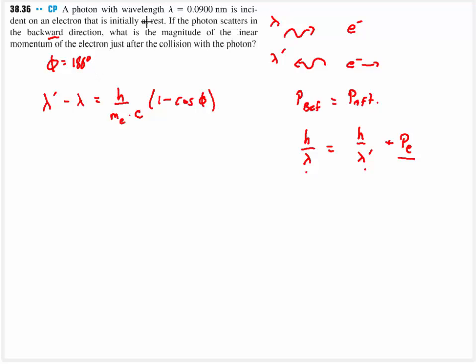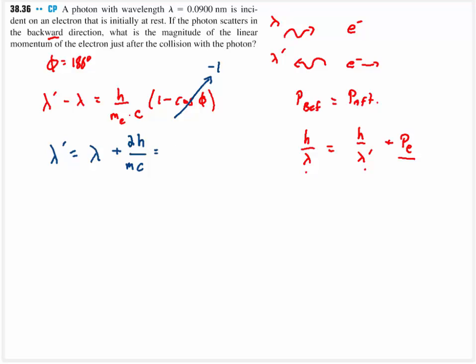So all we're really doing is we're going to say, okay, well, I know that this guy right here is going to evaluate to -1, so I'm going to have 1 minus -1, and this is going to evaluate to 2, and so the wavelength is going to be the original wavelength plus 2h over mass multiplied by c,